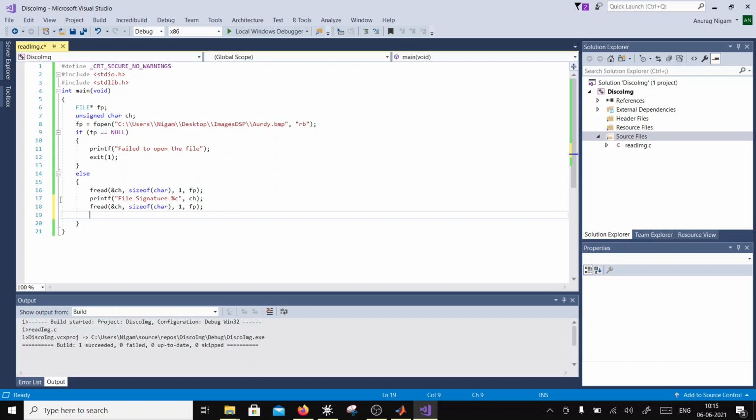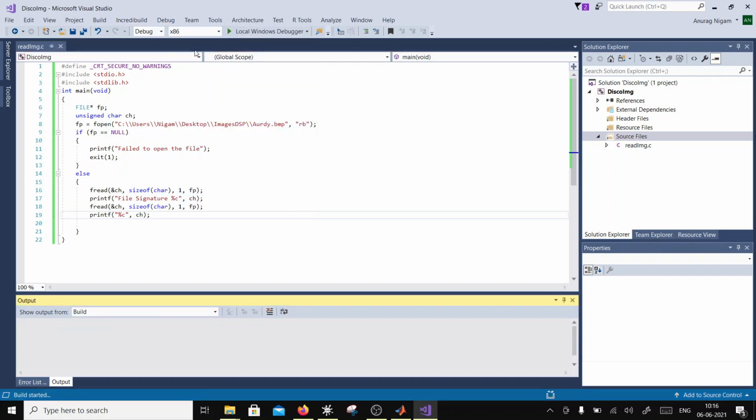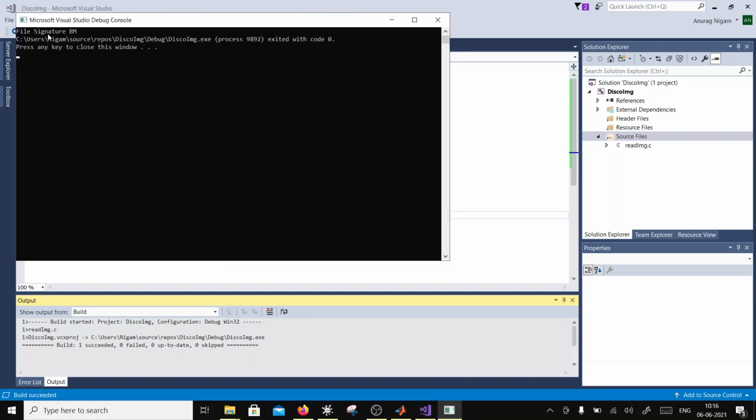So Ctrl+C, Ctrl+V, and here I'm going to say %c, and that's ch. So it will now read BM. Okay, so it says BM. So file signature is BM.